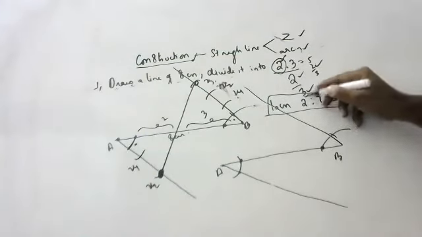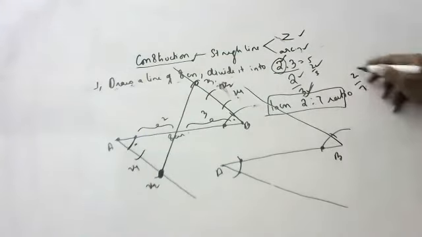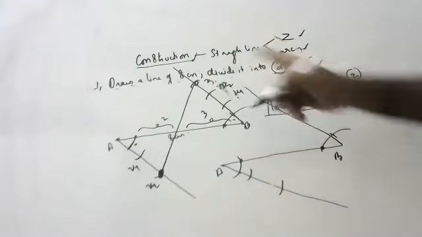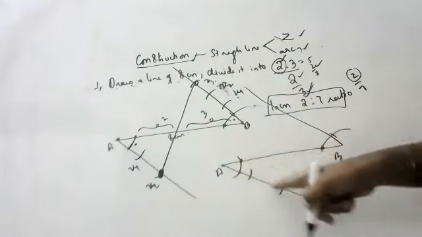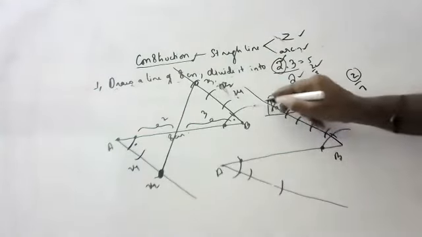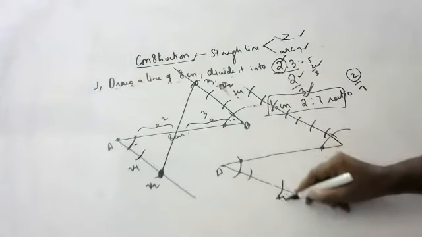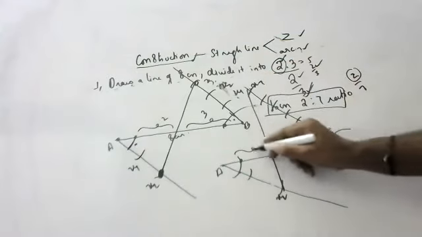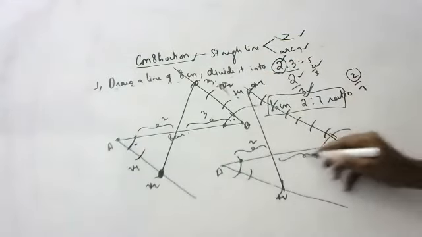Now two parts down, 2 by 7, no? Two parts down with the same radius, 7 parts up with the same radius. How much radius we have taken for this? Don't change it. 1, 2, 3, 4, 5, 6, 7. Now this is x2, this is x7. Join 2 and 7. This is 2 parts and this is 7 parts.